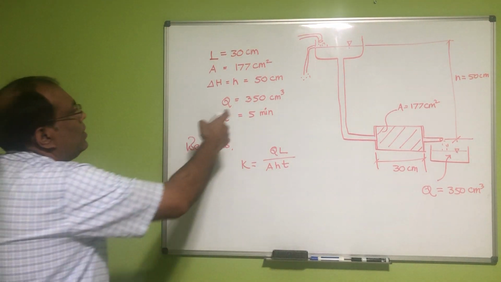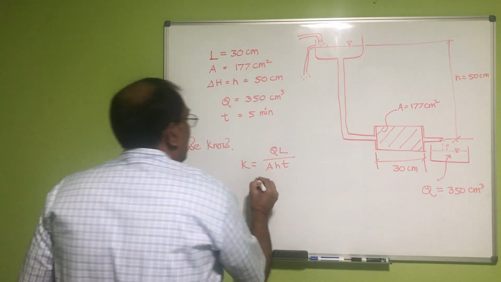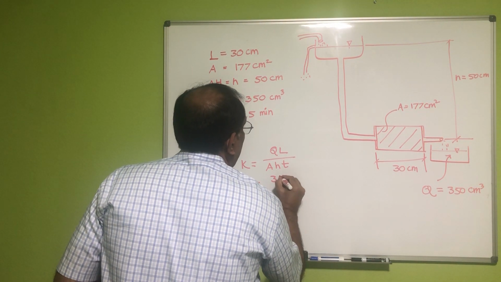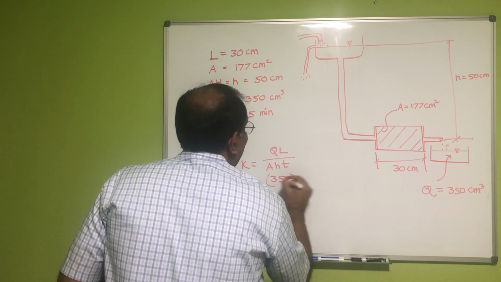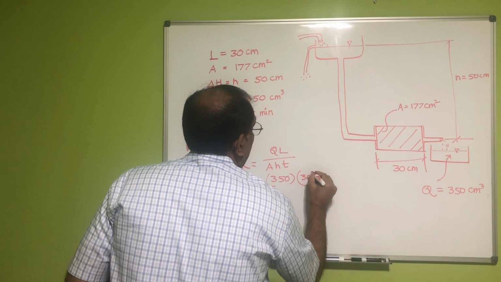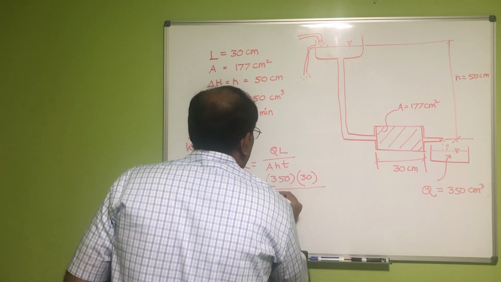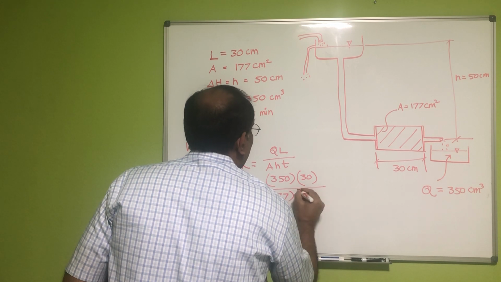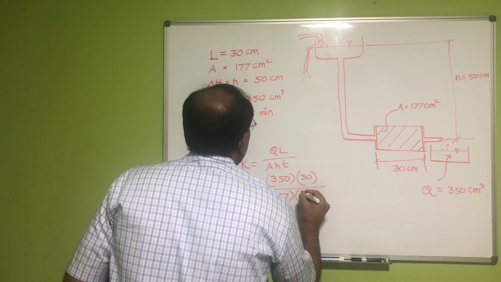All of them are actually given here, so I can plug that in here. 350 multiplied by L, 30, divided by 177 into H equal to 50,